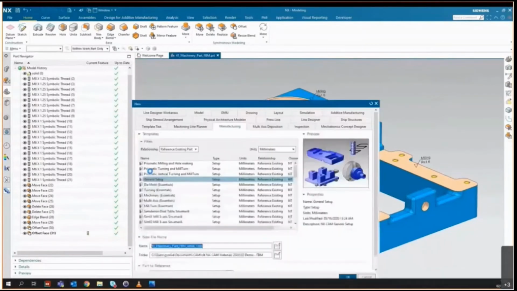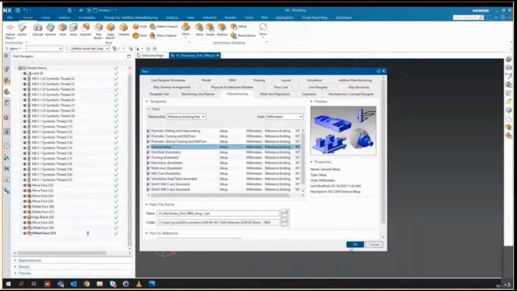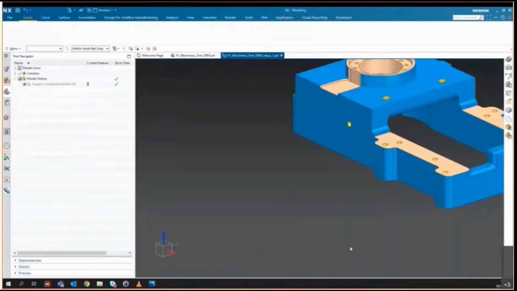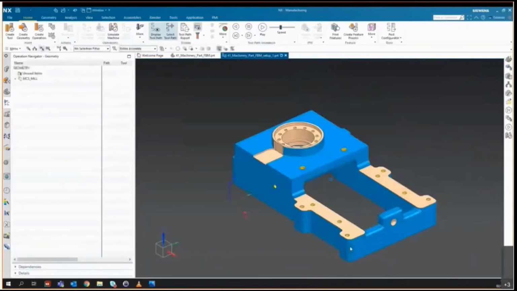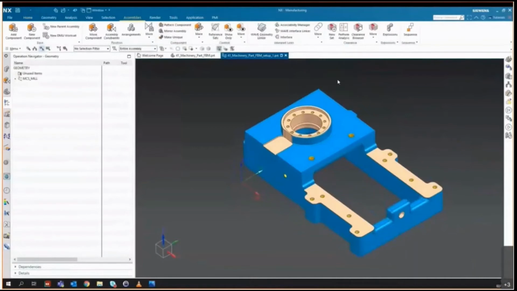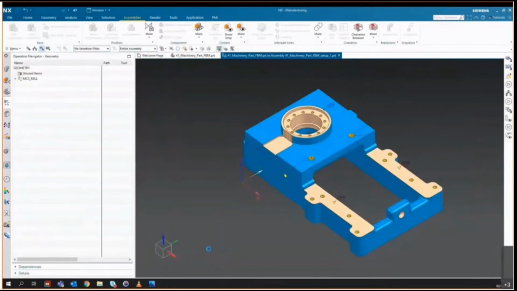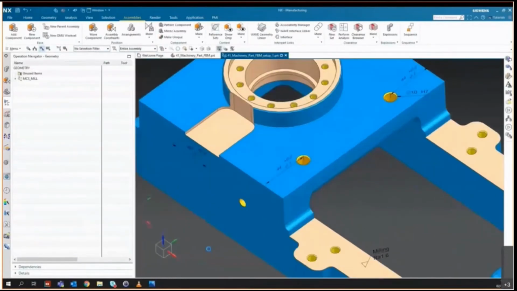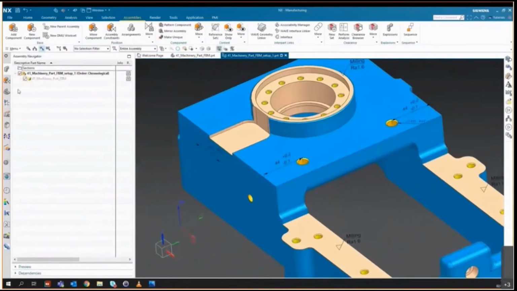NX CAM. So I'm going to create a new manufacturer setup, so that's entering the CAM part of the application for those not familiar with NX. And what I'm then going to do is create a clone of the design data, which we call a wavelength body in NX. And when we do that, we create an associative link, which allows us to work on a body which isn't the design part. So we've got freedom to work with the data. And as you can see, it also brings through the PMI. So we've now got an associative link to the design part for geometry and PMI.